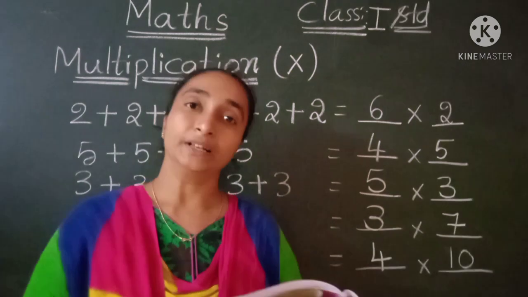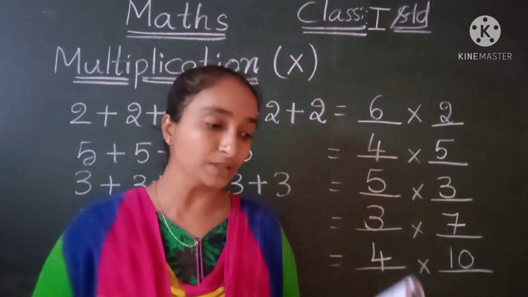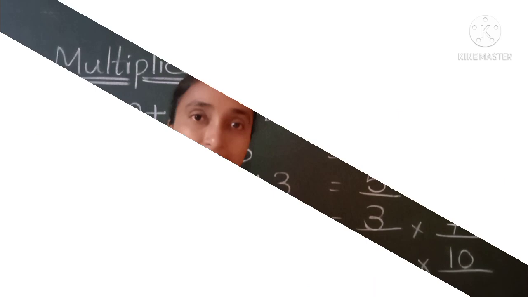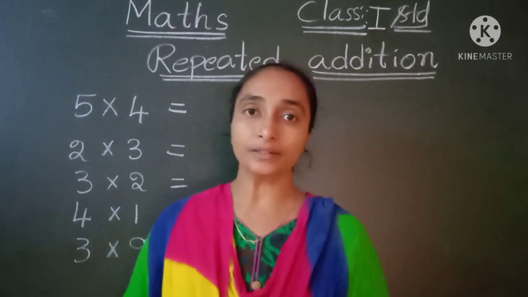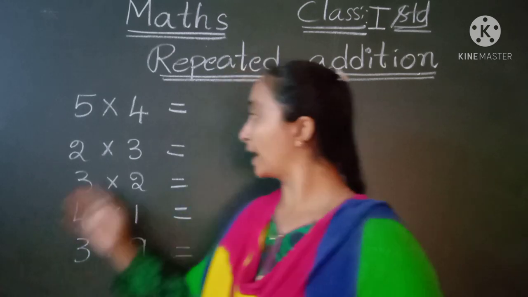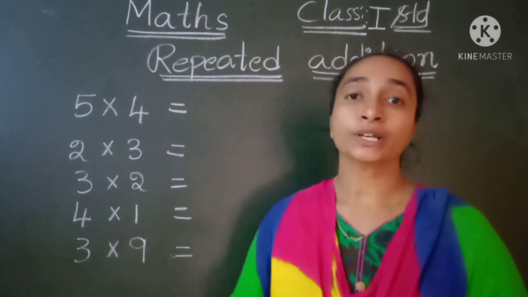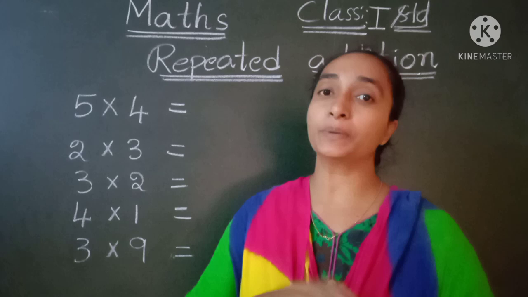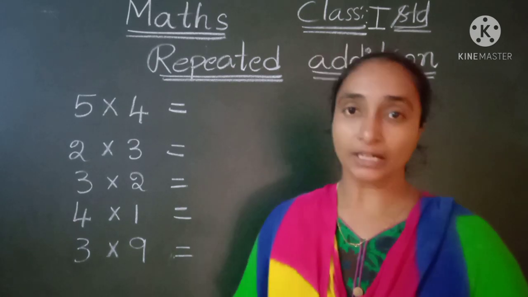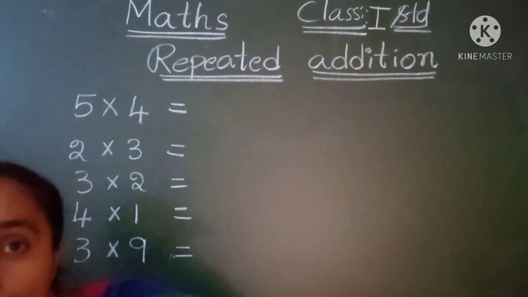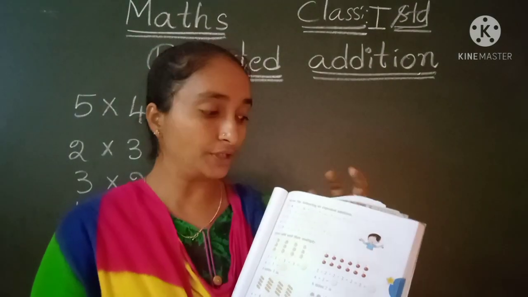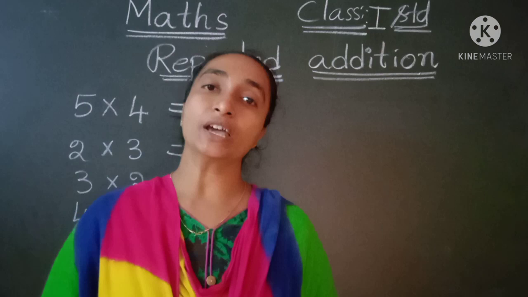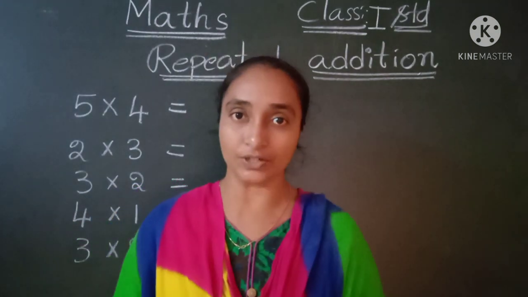Okay, children, let us see some more examples. Here we have, children, in our textbook, let us see the multiplication. Now they have given it in a multiplication form. We have to write the repeated addition. How could we write it here, children? In the textbook page number 75, they have given blanks for you. There you can write in a repeated addition.